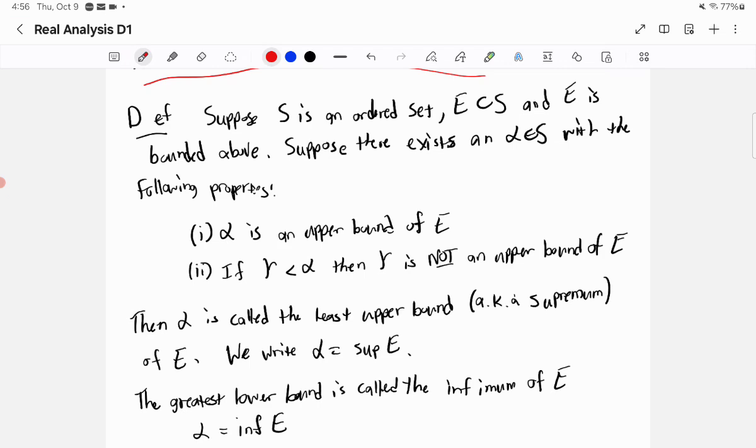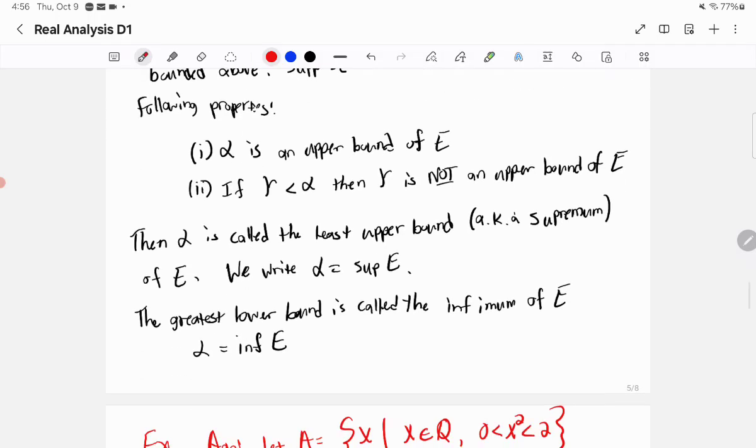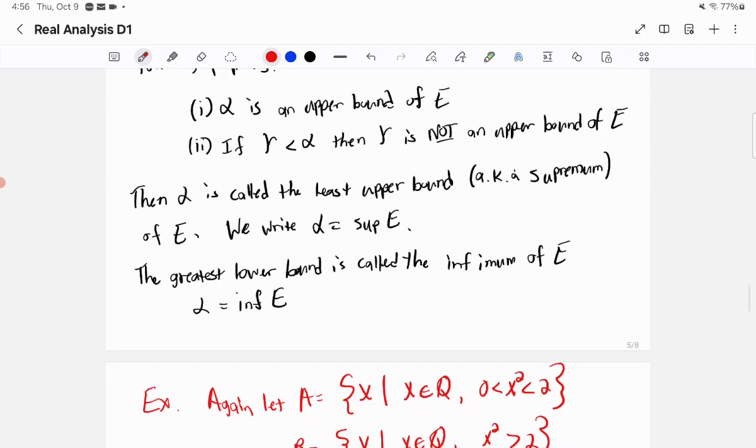Alpha is an upper bound of the set E, so alpha's in S, it's an upper bound of E. If gamma is less than alpha, then gamma is not an upper bound of E. So any number smaller than alpha will not be an upper bound of E. Then alpha is called the least upper bound, right? It's the smallest possible upper bound,